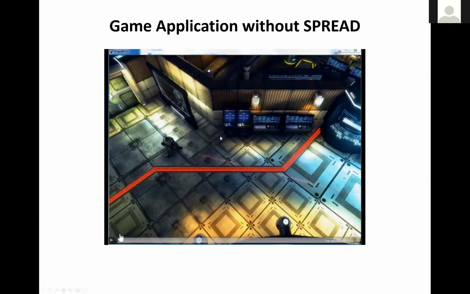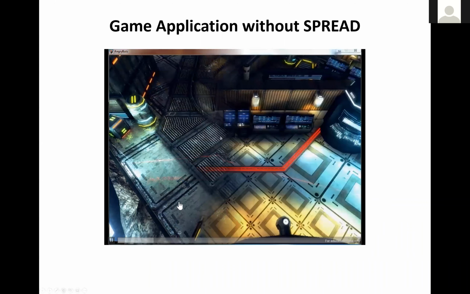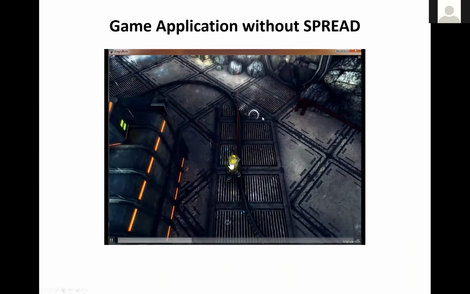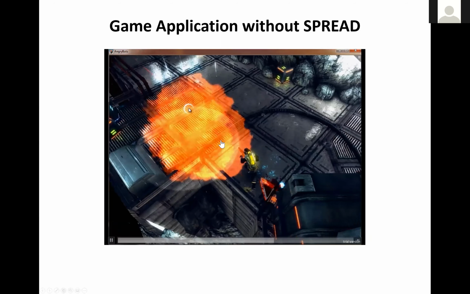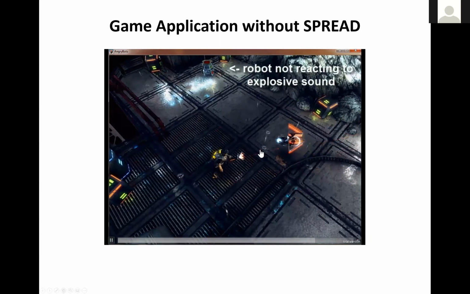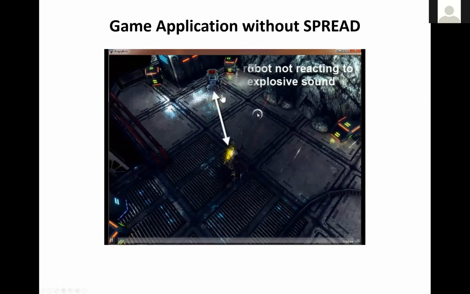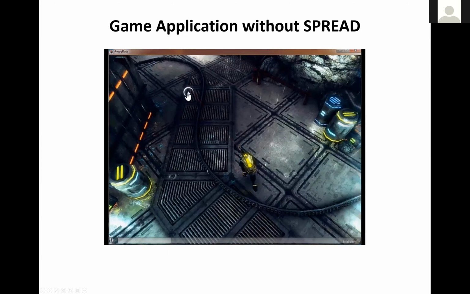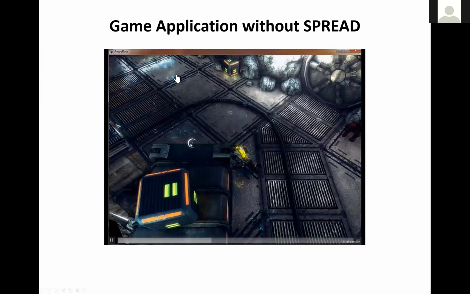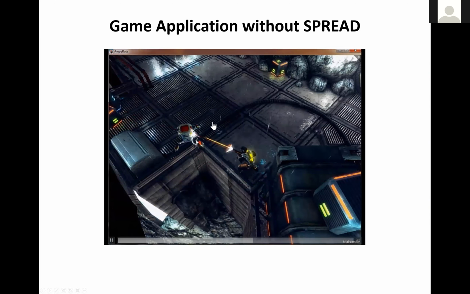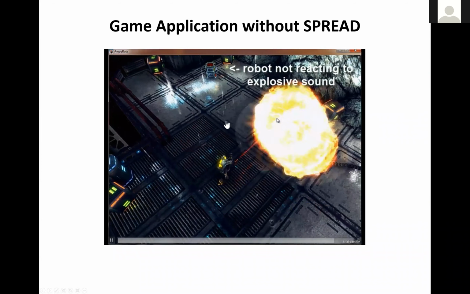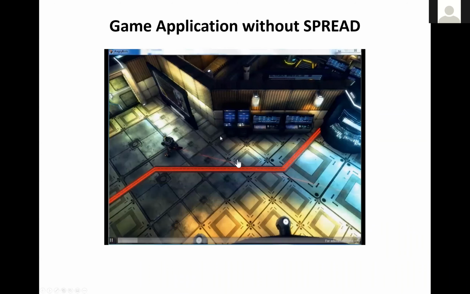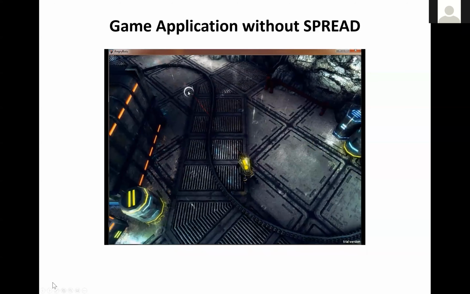So let me describe what is going on, right? In this video, this is a base game, right, where these NPCs, these robots, can only see, right? But they cannot hear sounds in the environment, right? So as you can see in that demo, that robot was essentially dormant until the player entered its field of view, right? So it produces this unnatural behavior, right? This robot does not react unless it actually sees the agent.